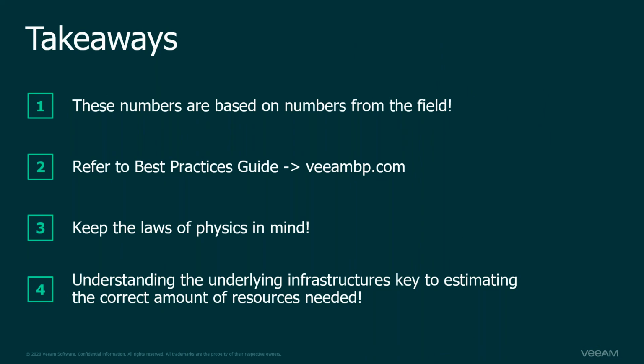Be sure to visit the best practices guide and keep in mind those laws of physics of the underlying infrastructure, all the way from your source data stores to your proxies. If they're virtual, maybe they're physical and attached to your Fibre Channel or iSCSI network and you're doing direct storage, or maybe you're doing direct NFS. So where is your backup traffic going? Is it going through the hypervisor? Is it going through the network because of hot add? Is it going over your storage network? What is it landing on? What disks? What RAID? How many spindles do you have there